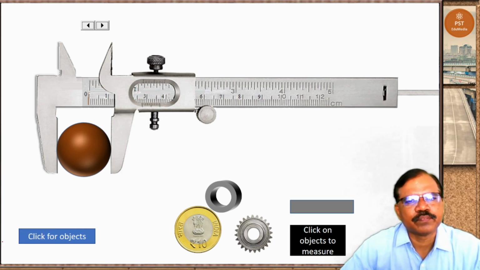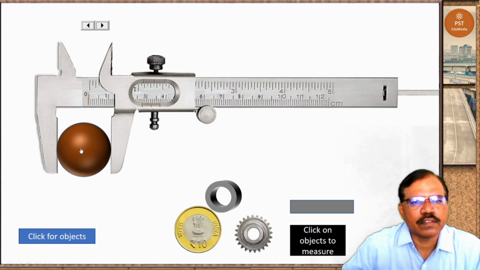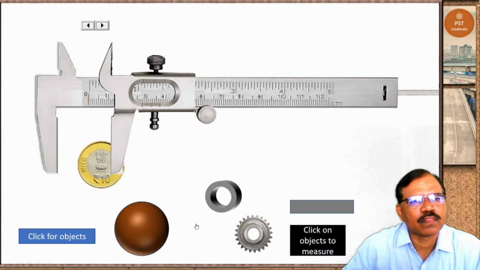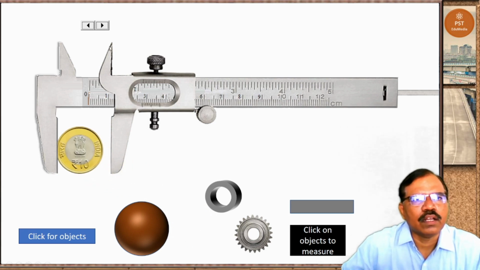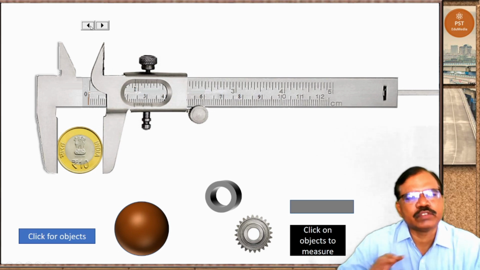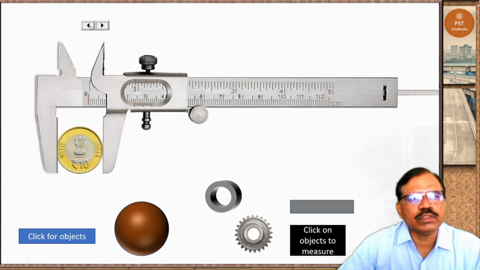Now we'll take another object. So here let us take this coin, and now fix this coin in jaws and now see here.